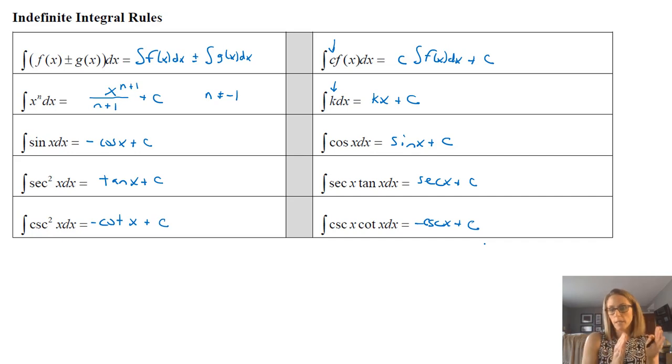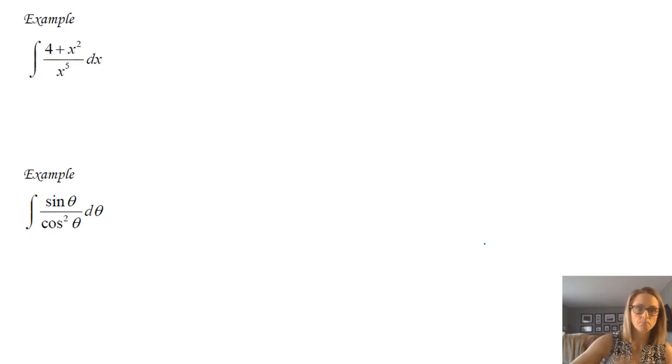And so in order to get the positive inside the integral sign, I need to have a negative on my cosecant on the right hand side, so that if the derivative was taken, I get what I started with. So remember that there's that relationship between the two, differentiation and integration. So those are all of our rules, just in that more formal way using the integral sign.